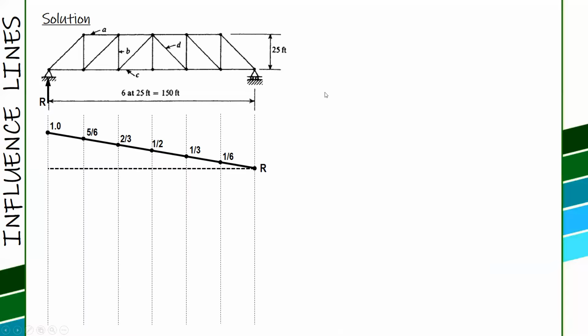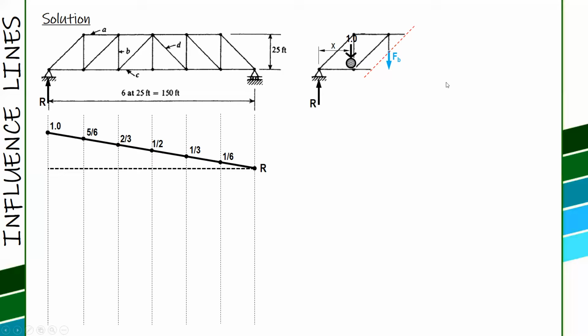So for B, since the other two members are parallel, we cannot use summation of moment. Instead, we will use summation of force along vertical. So RA and then 1 x. Although x is not part of the equation, x will be our guide